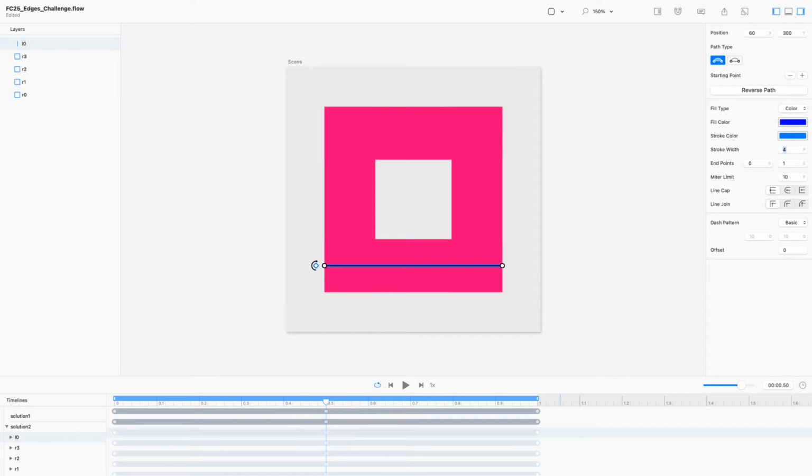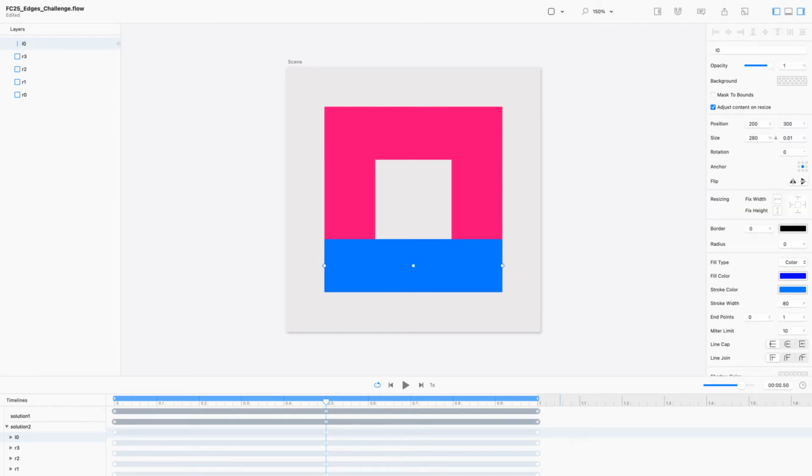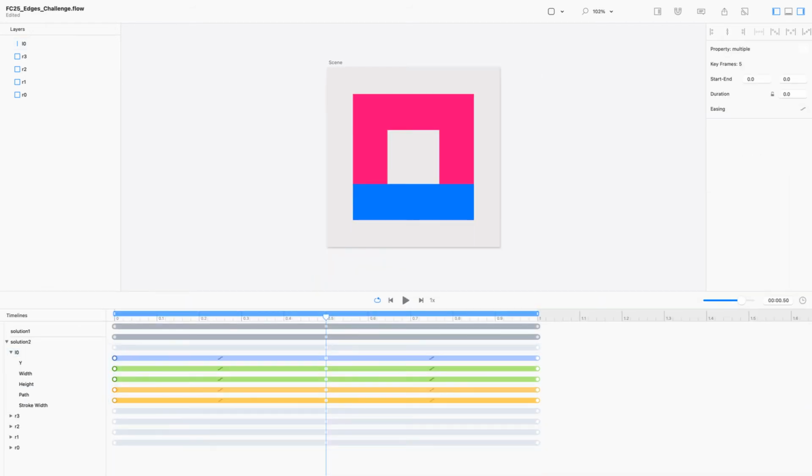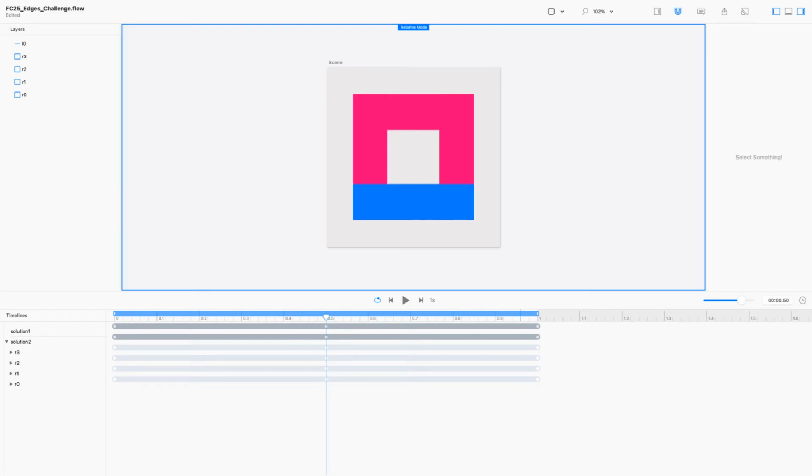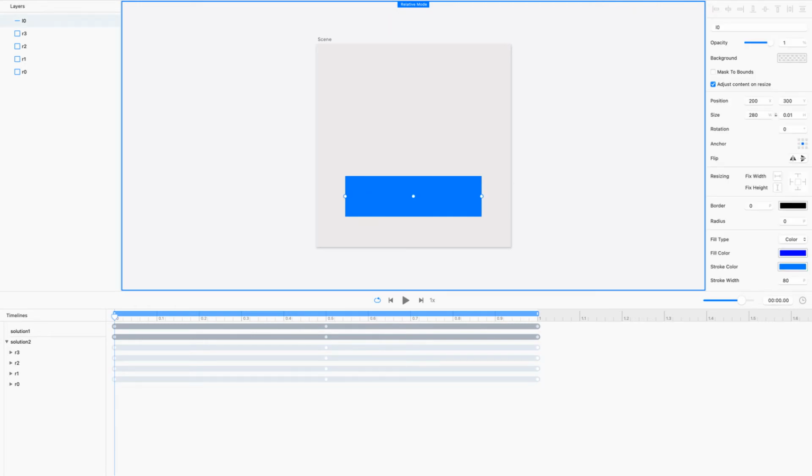Enter, 80 points wide. Okay, we are going to copy and paste this a couple of times. Actually, we're going to animate it first. I did not have relative mode on, so I'm just deleting all of the animations to the left and to the right. And so at the beginning, what we want is for this line to have a stroke